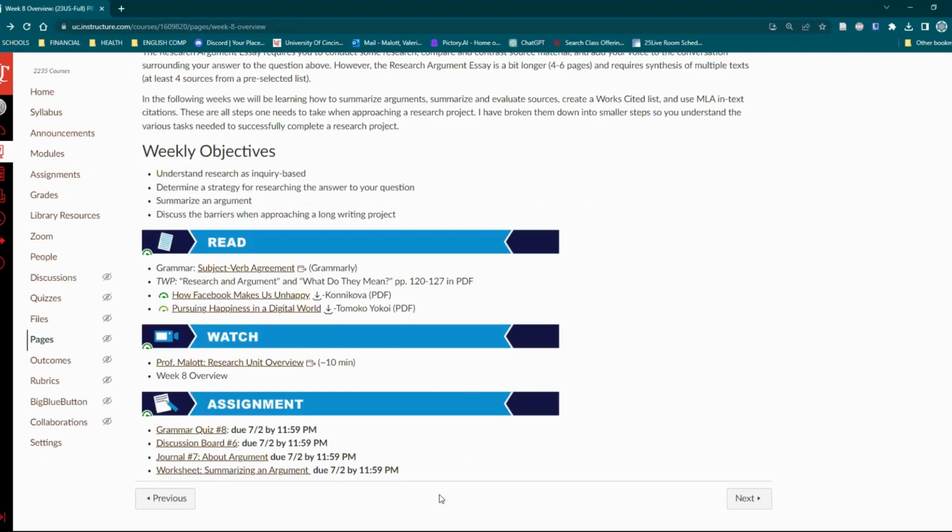And the last is, I call it a worksheet. I don't know why I called it a worksheet, probably because I had plans sometime in the spring when I learned I would be teaching this class to create a worksheet for you to vary the assignments, but it is not a worksheet.